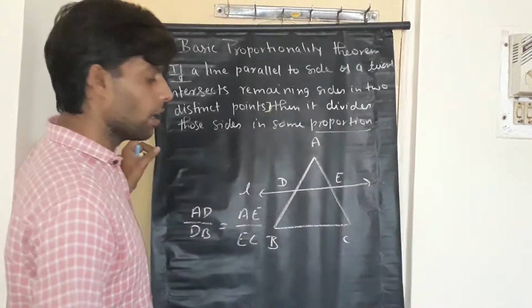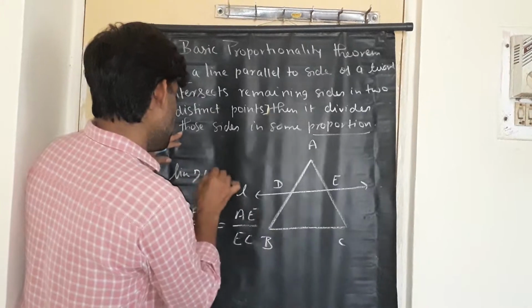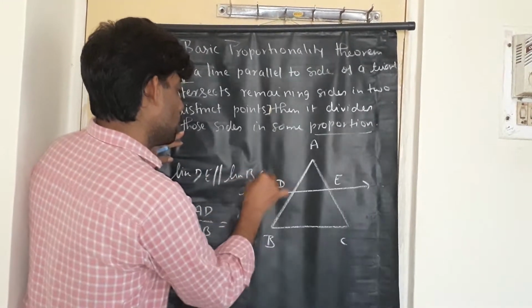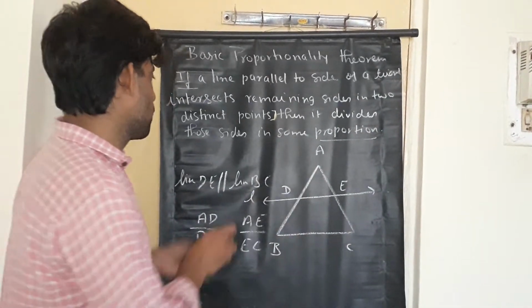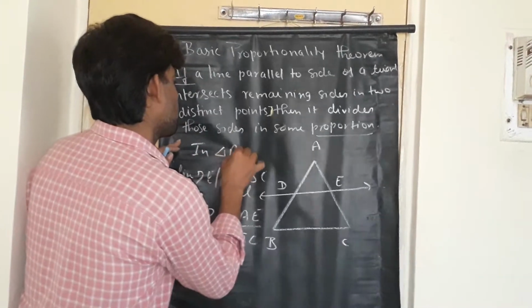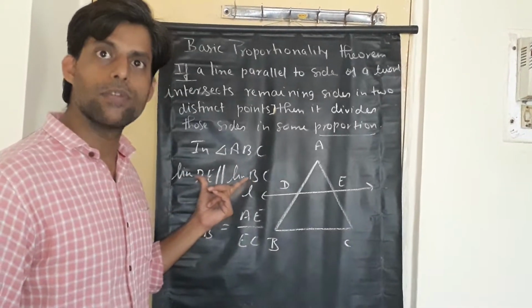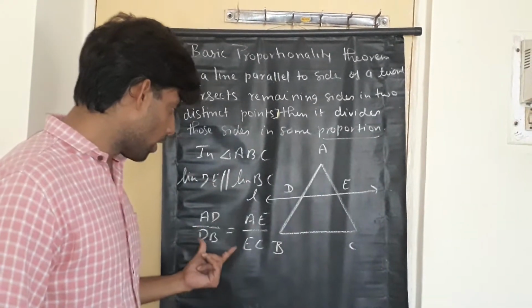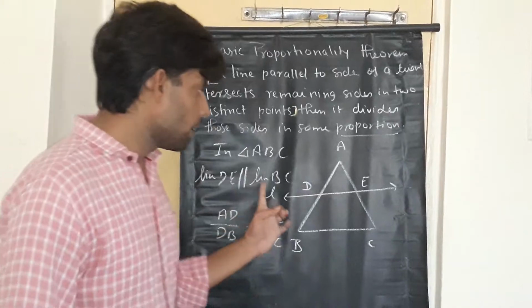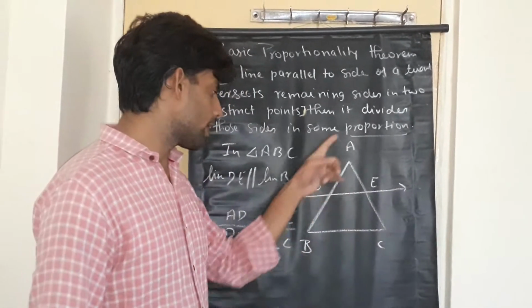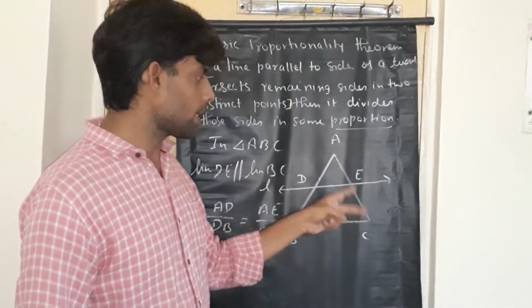If a line is parallel to a side of a triangle, so here we can say line DE is parallel to line BC, then it divides the other sides in the same proportion. This is how we can present it. First we are going to name the triangle. In the second step you need to mention which line is parallel to the side, and in the third part you are going to inform the ratios, the ratios which you are going to equate. So once again, here the line L is parallel to BC, intersecting sides AB and AC at points D and E, two distinct points, and this is how the ratios of the sides are equal.